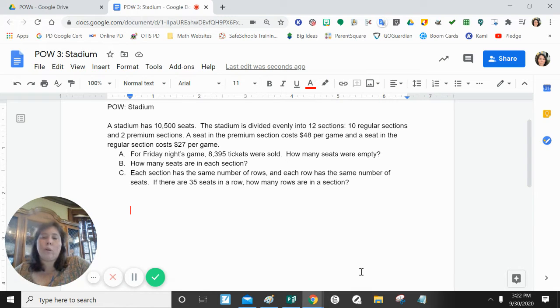In this week's POW, we're talking about a baseball stadium and trying to find out how many seats are empty, how many seats are in each section, and how many rows are in a section. So we have 3 questions we have to solve. So I'm going to help you set up the equations or the expressions for each of the 3 parts of the POW. So for part A,